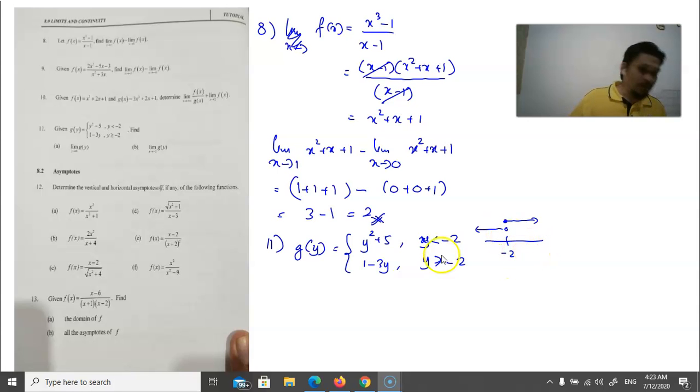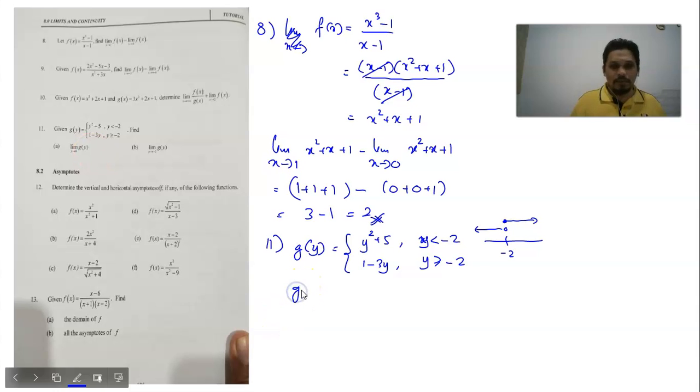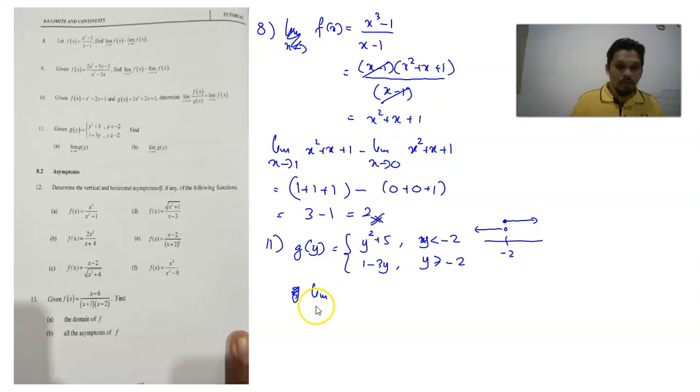Limit of y approaching 6 of the function g(y). So class, let's say 6 is here. For y greater than or equal to negative 2, this is the domain for the function 1 minus 3y, including y equal to 6. So if you would like to find the limit of y approaching 6 from the left,